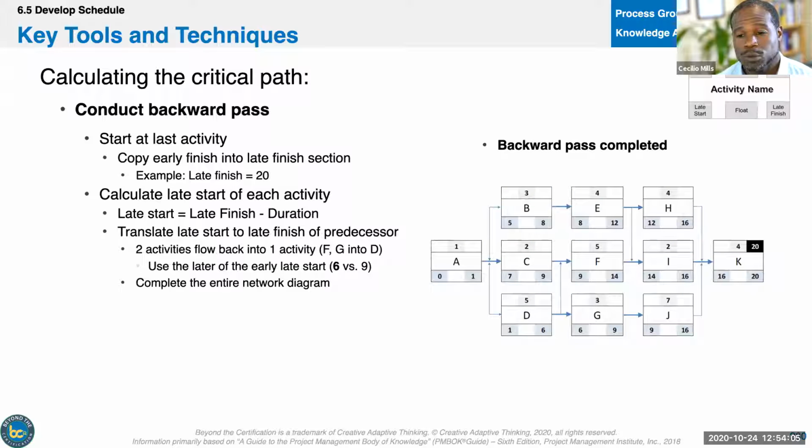Okay, so now we're going to do the backwards pass. And when we do the backwards pass,